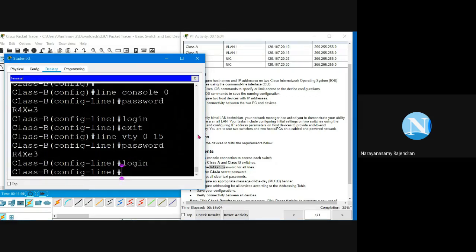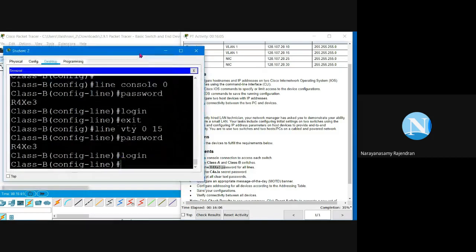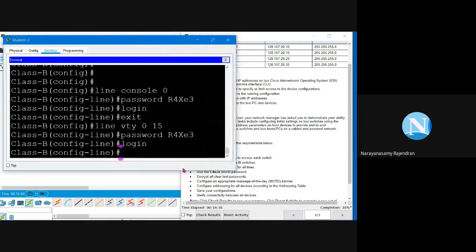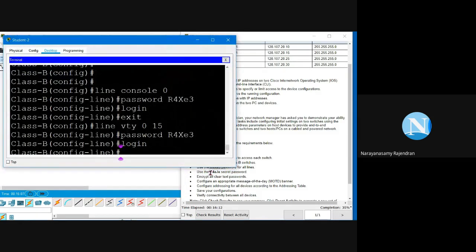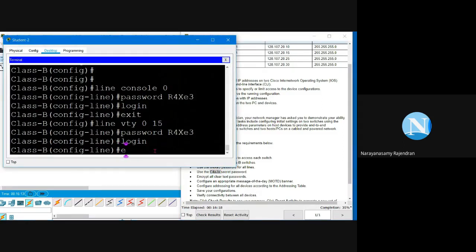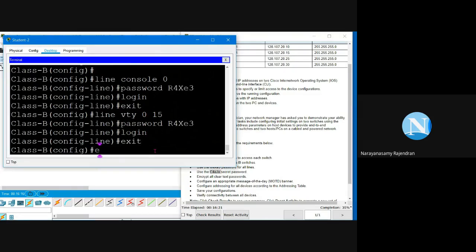Okay, then we are going to configure the secret password. What is the secret password? The secret password is C4AJA. How do you configure? First type exit, go to the global config mode, type the command enable secret, type the password C capital, 4, small a, capital J, small a. Okay. When you make a mistake in the password, it's not possible to access the device again. So you should be very careful while configuring the password. Okay. So done. Secret password is configured.